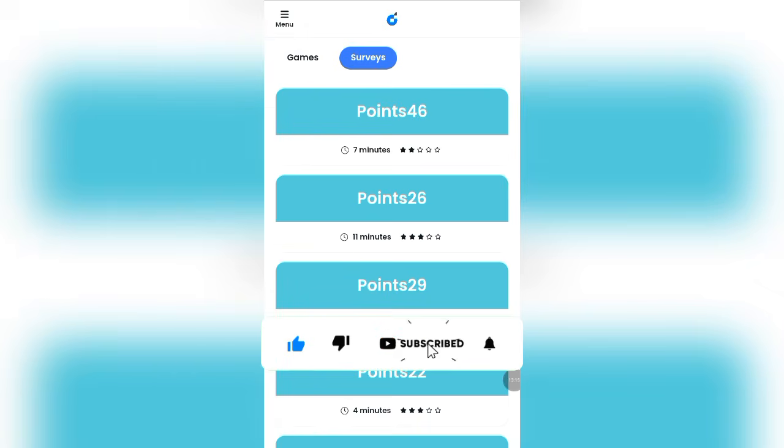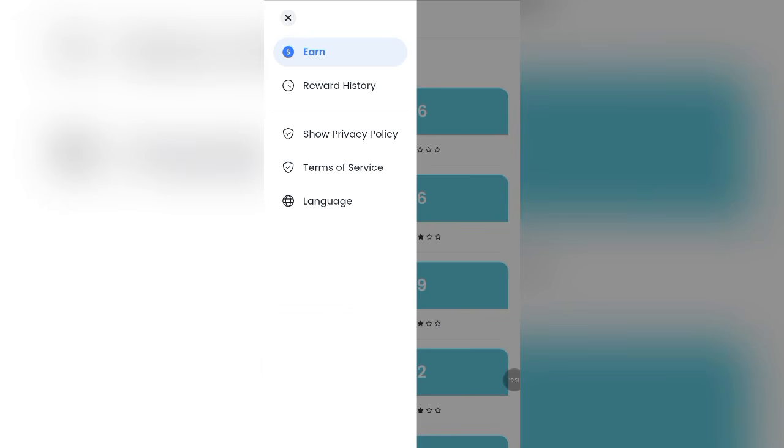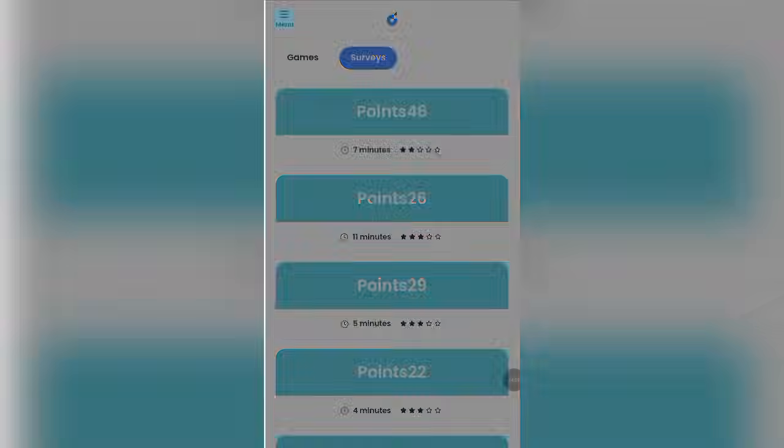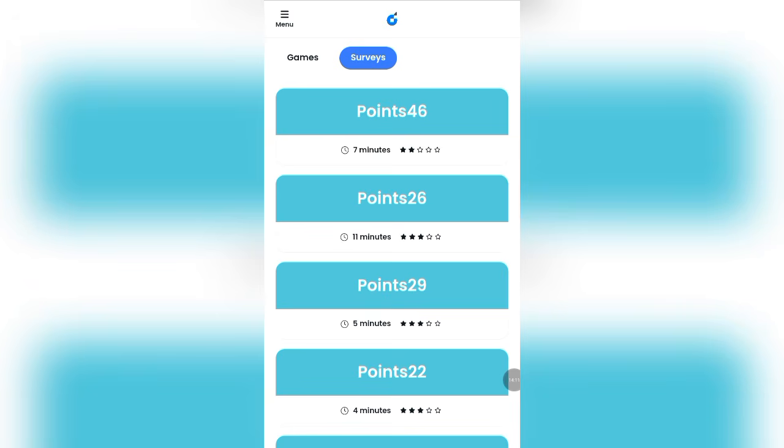So right here, during your registration process, you were not asked for verification of mobile number or virtual number. You were not asked for ID verification, so you can keep on taking these surveys. Now the question you will be asking is, is this actually worth my time on this particular platform? If yes, you can go ahead and take them.